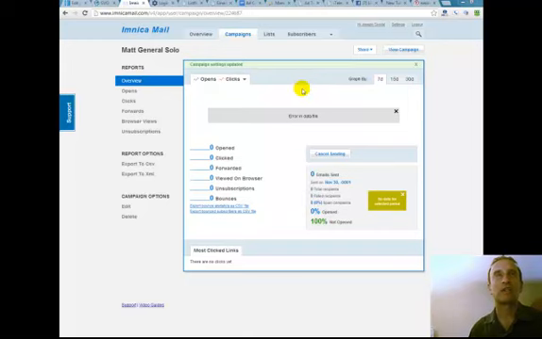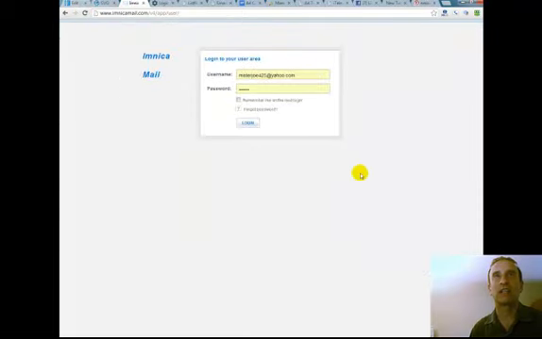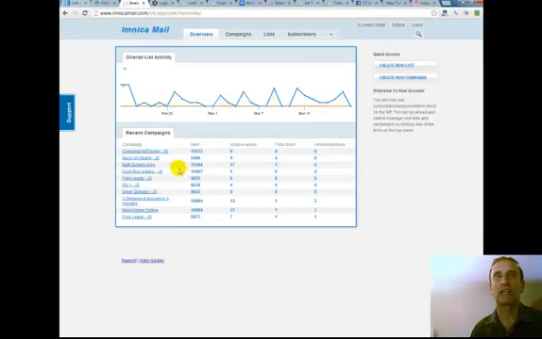So my partner Joe and I use this together, and you will see here that I'm not logged in. If I do refresh, see, this is what you get when you go to the Imnica login page, and we're going to just log in. I'm logging in to the account that we send from, and I am not happy with the opens and clicks on Imnica right now, but that's not what this is about. This is about creating a new campaign,